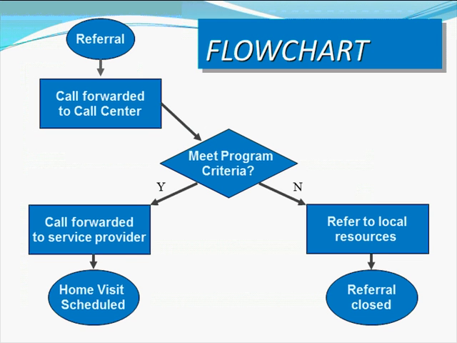Many of you might be familiar with flowcharts, either in the fact that you've designed them yourselves or you've seen them before. So the trick for a flowchart or a process map is to be at the right level of detail, so not too high or not too low. So in this example, this is tracking referrals that come in to a call center. So essentially there's a lot more that goes on behind the scenes, but if you're trying to make someone familiar with how referrals are processed through to scheduling a home visit, this is a simple diagram